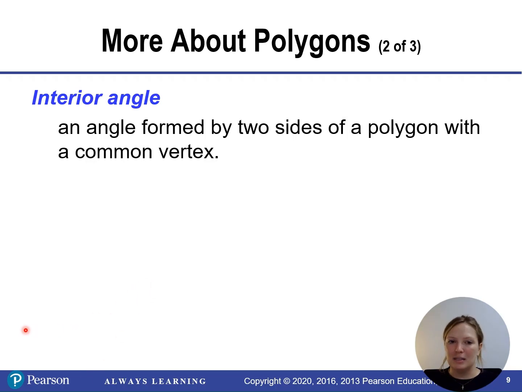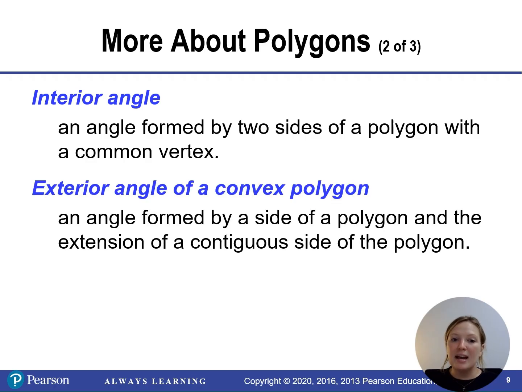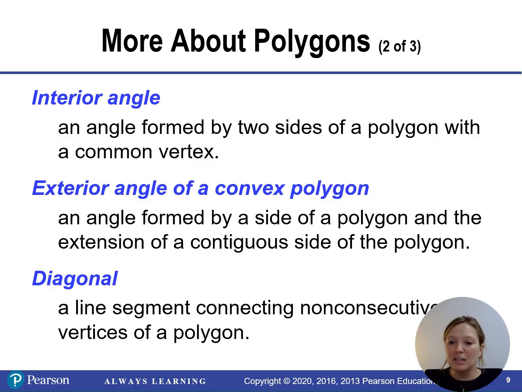When we think about polygons, we have interior angles of our polygon. So interior angles are the angles formed by two sides of a polygon with a common vertex. And then we have an exterior angle of a convex polygon, an angle that's formed by a side of a polygon and the extension of a contiguous side of a polygon. Finally, we can talk about the diagonal of a polygon, and that is a line segment that connects non-consecutive vertices